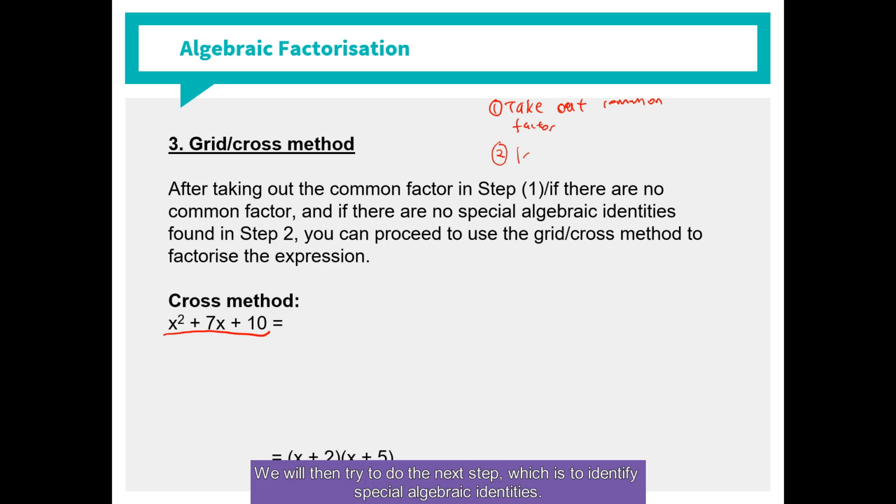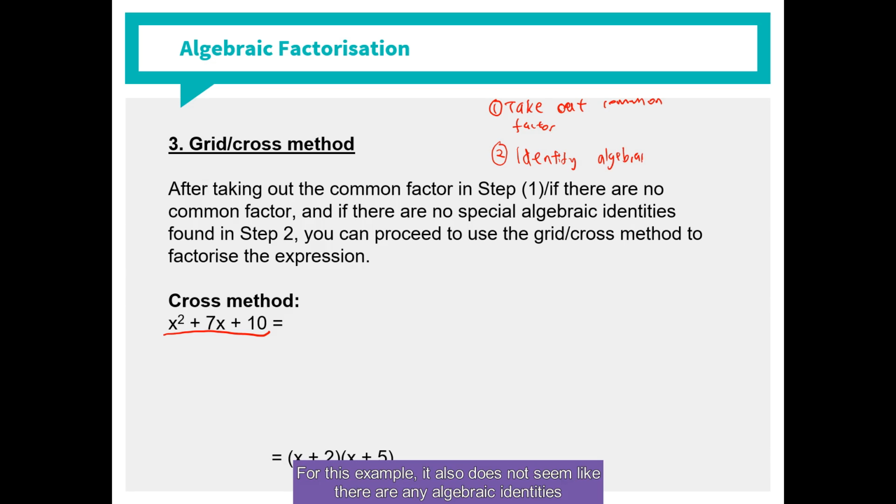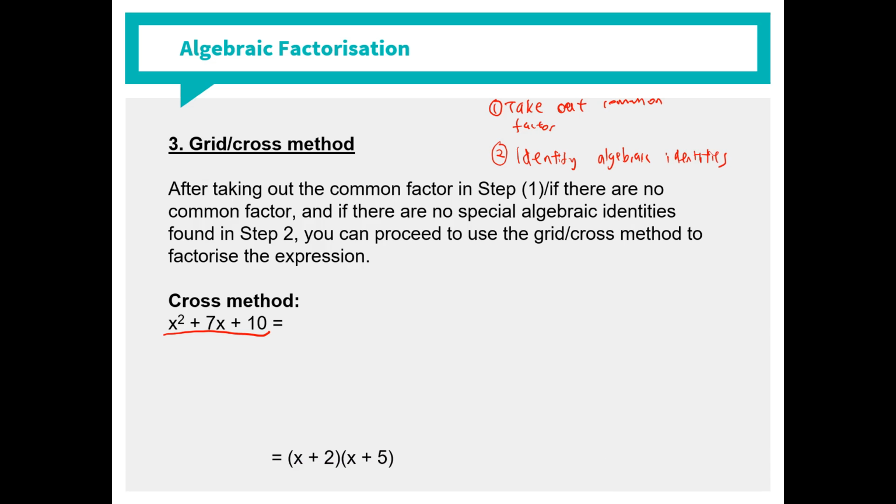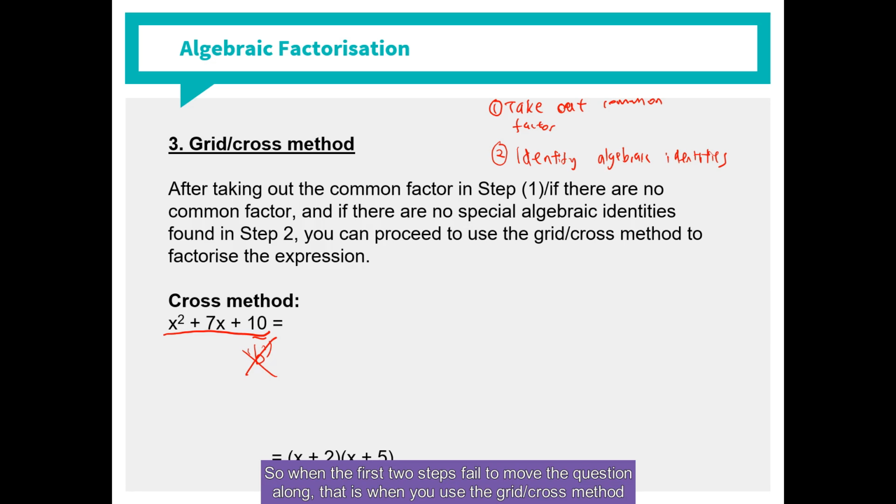So let's try the next step, which is to identify algebraic identities. Does it seem like there is any algebraic identity for this? No, there isn't, because this is not a square. This is not b squared. So when the first two steps fail to move the question along,